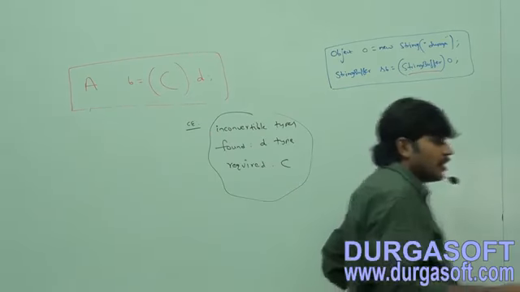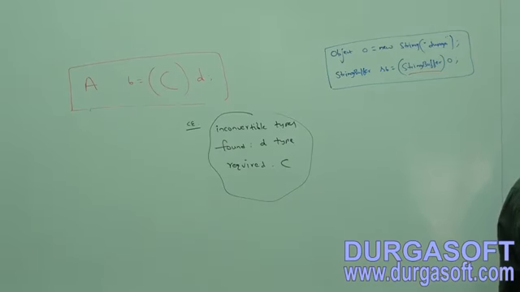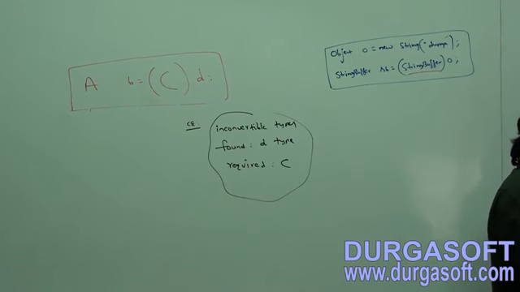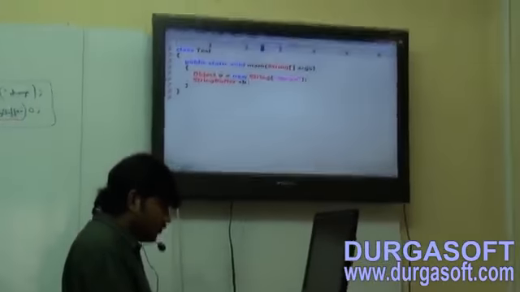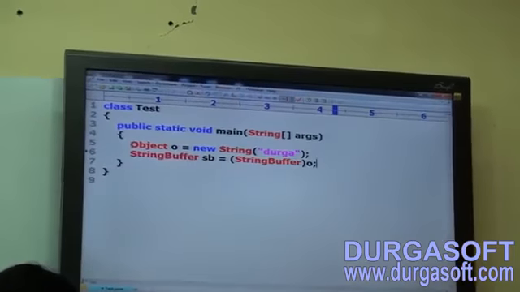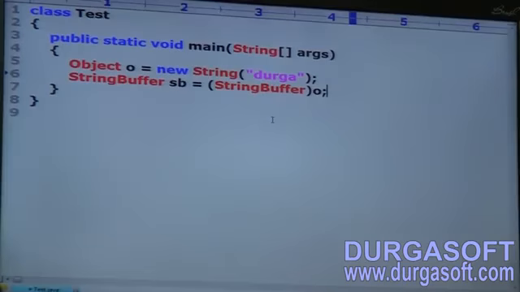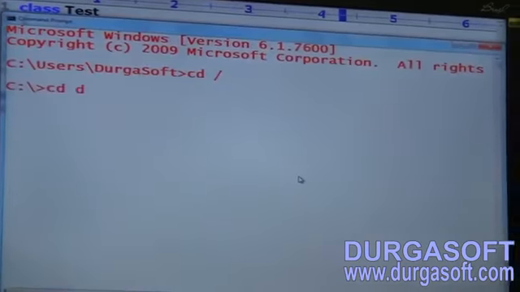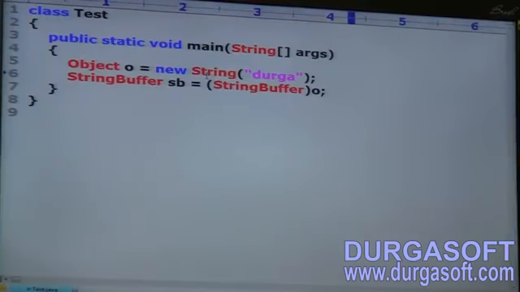Object o = new String("Durga"); StringBuffer sb = new StringBuffer(o); This is perfectly valid.